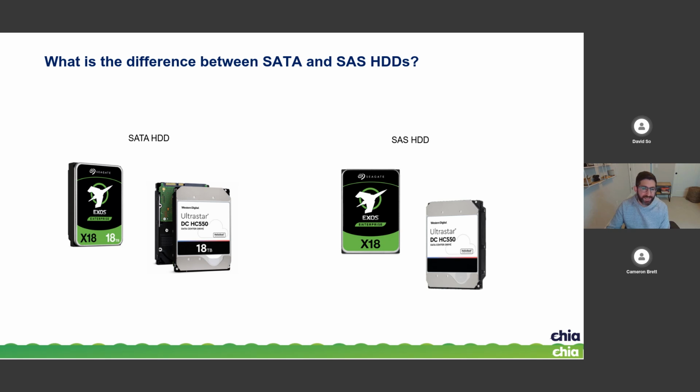So I say SAS probably still has a slight edge there, just because it has a few more log pages than SATA does. But for Chia farming, what's the best hard drive? It's the cheapest one. Chia 1 is a very light workload, so you kind of just want to use, but you want high capacity because they're very energy efficient compared to